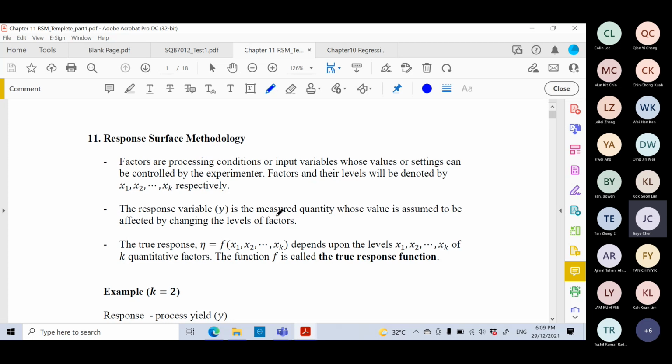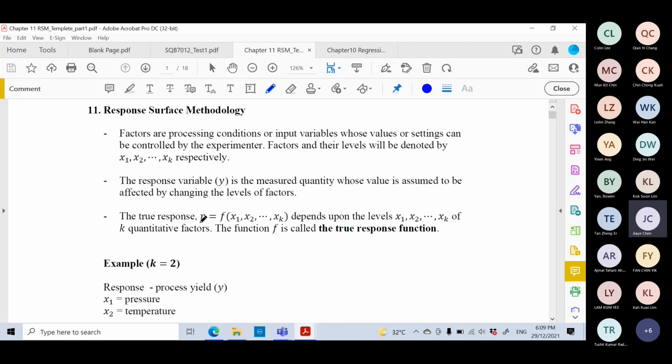It means that before that you identify which are the important factors. Okay, you identify the important factors, then from the important factors you can form the equation. So the true response, which we call eta, depends on the levels x1 to xk of the k